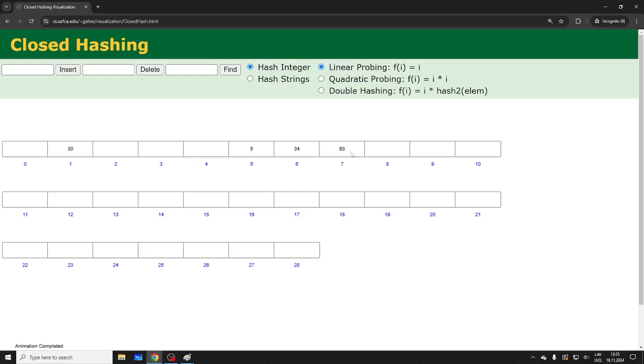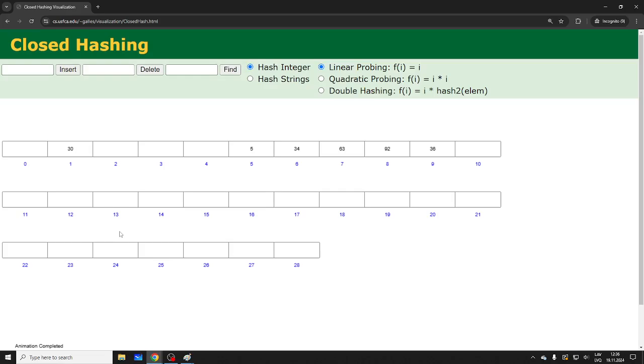So let's do 92. My math is kind of off. 92, collision, 8. If I do 36, 36 mod is 7, so where is it going to go? Yeah, of course, it's easy to see, and so on and so on. Any time we hit here, we just keep filling up. We end up doing a lot of jumping over, so it's not so good actually. You want to spread it all over.